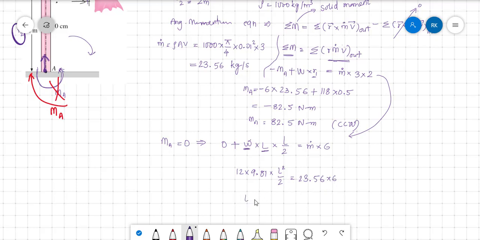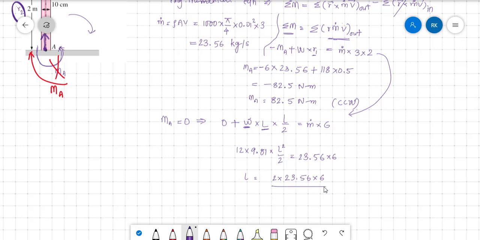So L is equal to the square root of 2 into 23.56 into 6 divided by 12 into 9.81. So by solving this, we will be getting 2.4 meter. So if we keep this horizontal pipe length 2.4 meter,